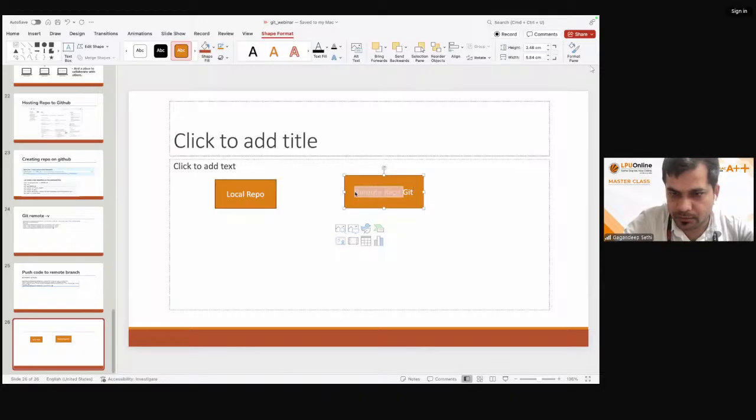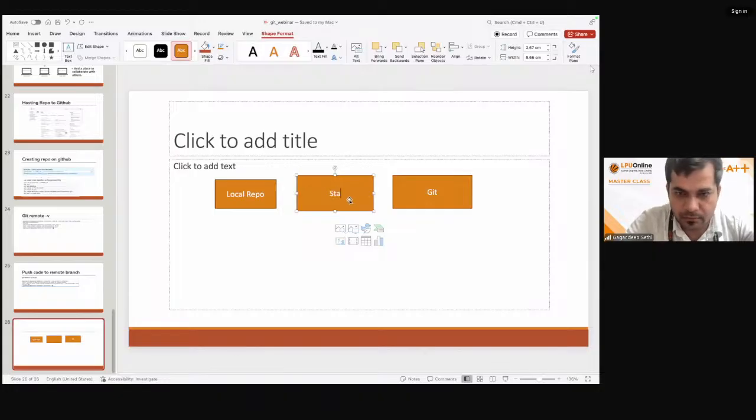Probably this is Git, and inside your local repo, when you are adding new changes, they will go into the staging area. The bridge between the local repo and Git is known as the staging area. So the data will move from the local repo to the staging area,